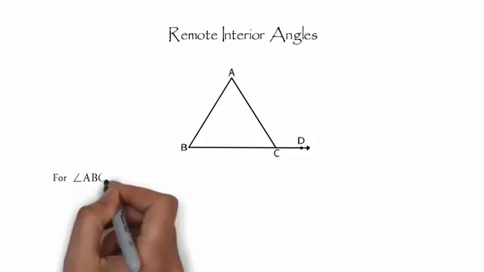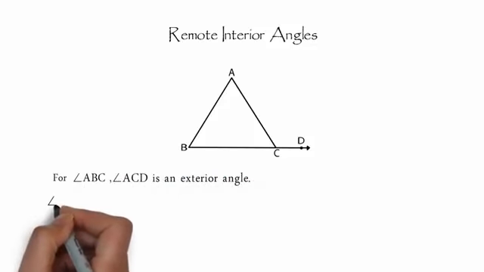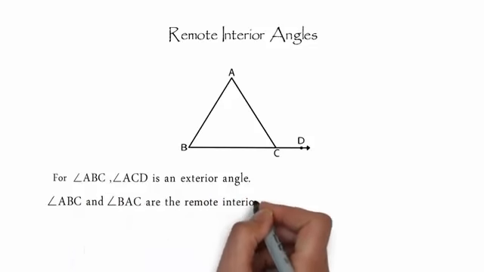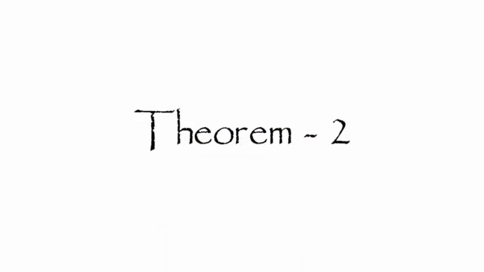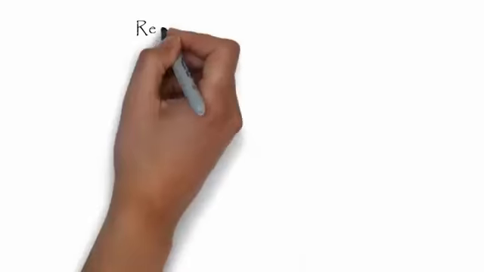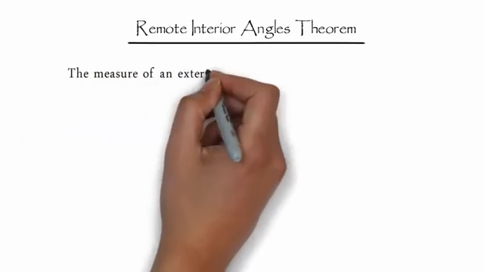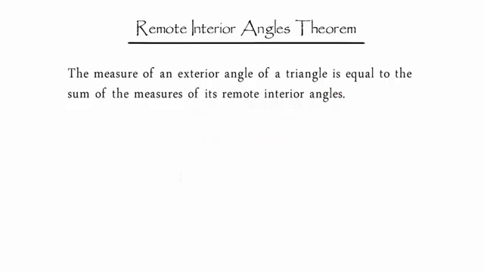For triangle ABC, angle ACD is an exterior angle. Angle ABC and angle BAC are the remote interior angles of the exterior angle, angle ACD. Theorem 2, remote interior angles theorem: the measure of an exterior angle of a triangle is equal to the sum of the measures of its remote